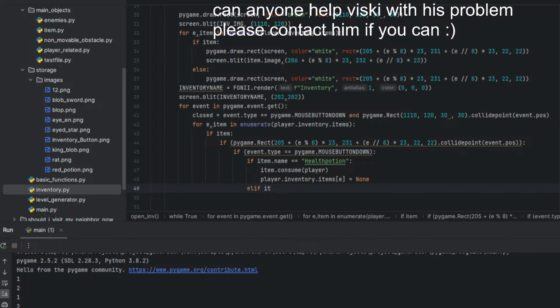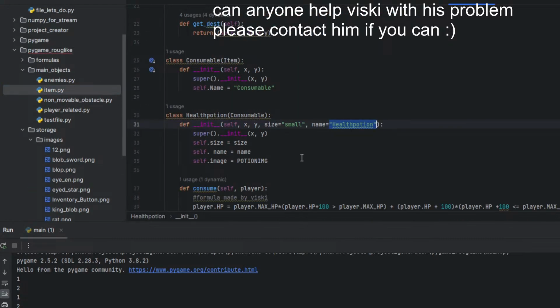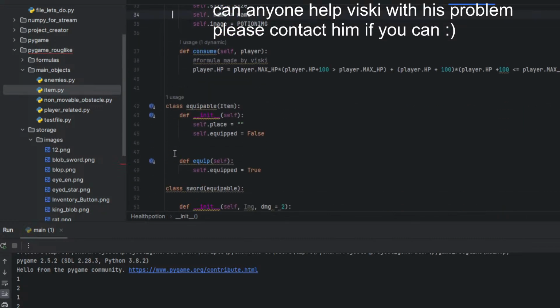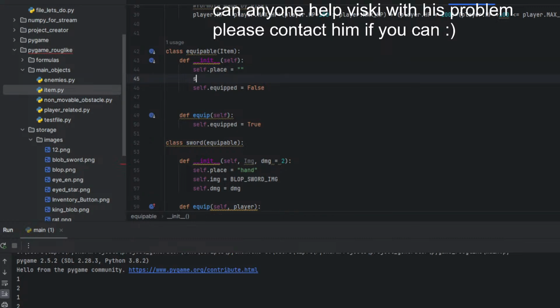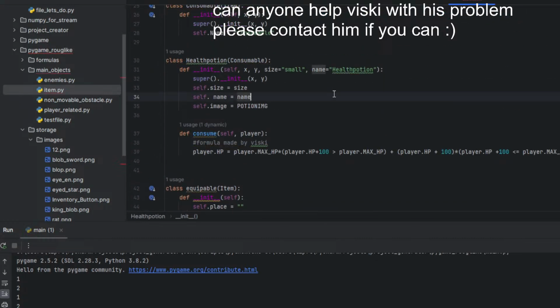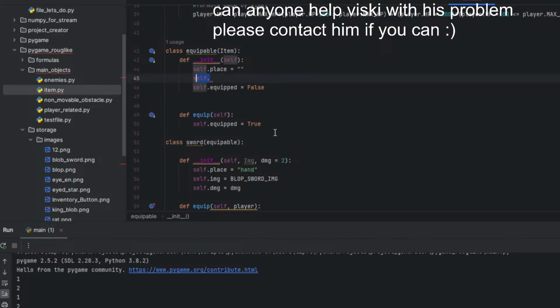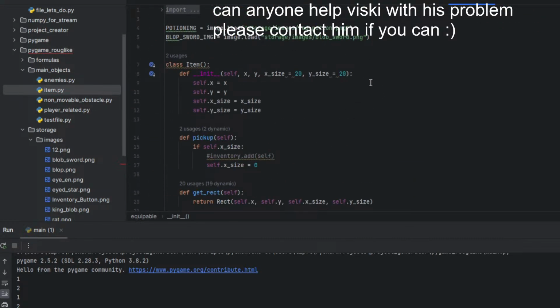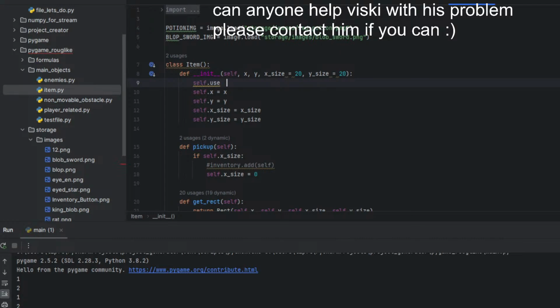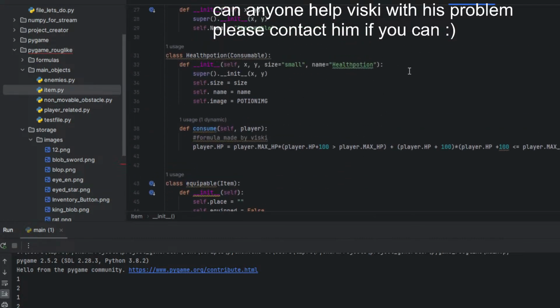Elif item, place, self, let's say self.use equals self with health potion consumable.